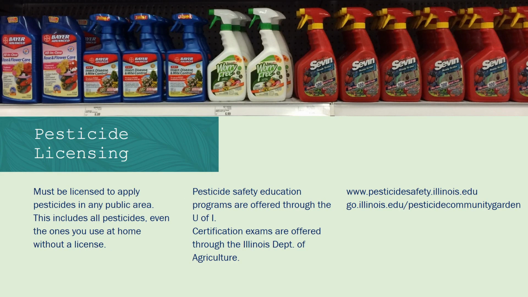Gardeners must be licensed to apply pesticides in any public area, which includes projects in schools, community gardens, parks, and more. This includes all pesticides, even organic products, and even those you use at home without a license. So if you apply Roundup to control weeds in the fence row around a community garden at a housing project, you need a license. Pesticide training materials are available from the University of Illinois Extension Pesticide Safety Education Program, or PSEP. Check out their website at